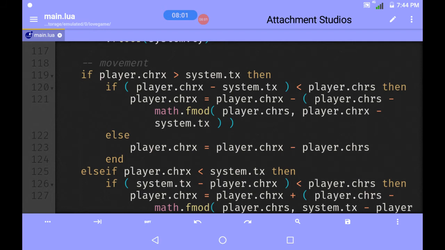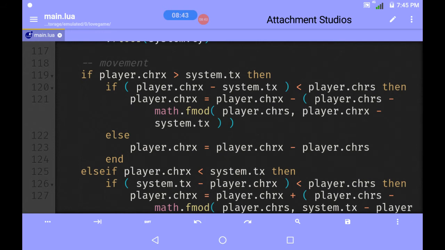So sorry for the disturbances, but over here, that glitch I was talking about would actually require a specific value. You can also take the nearest 25 if you can do that. But I actually used simpler code: you can also do player.chrx equals player.system.tx and all problems solved. But for my difficulty system, I will not make such systems.